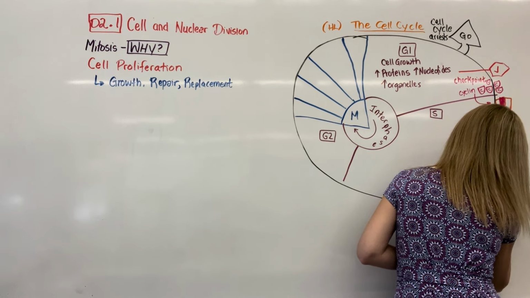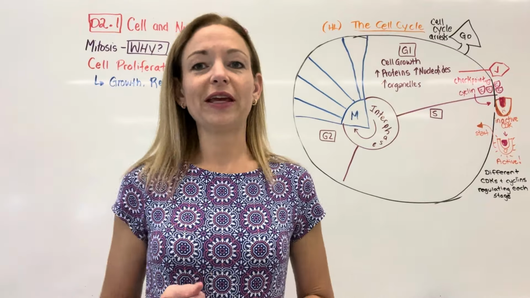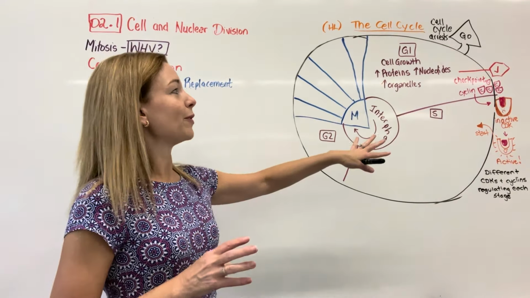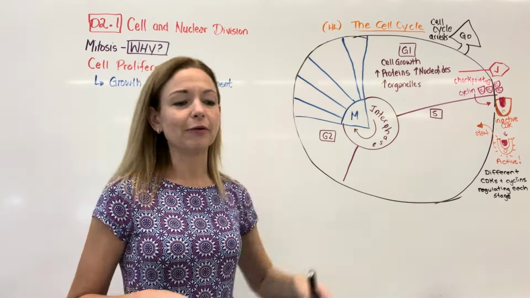So this little example here has shown that as the cell reached the checkpoint and was in fact big enough, it was able to progress through the cell cycle by activating the CDK to start the S phase. So that is what would happen there. If it fails the checkpoint, G0. Okay, so let's say it passes the checkpoint, hooray. It is now going to enter the S phase, and our S phase is going to be DNA replication.